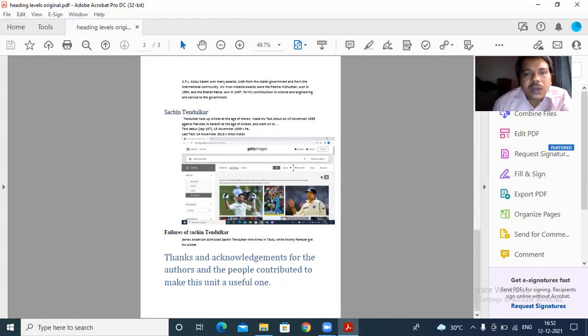So now I am using the down arrow to navigate through this heading level. Heading level 1, thanks and acknowledgements for the authors and the people contributed to make this unit a useful. It will end with useful one, so that one is in the second line. I'm going to press down arrow again.